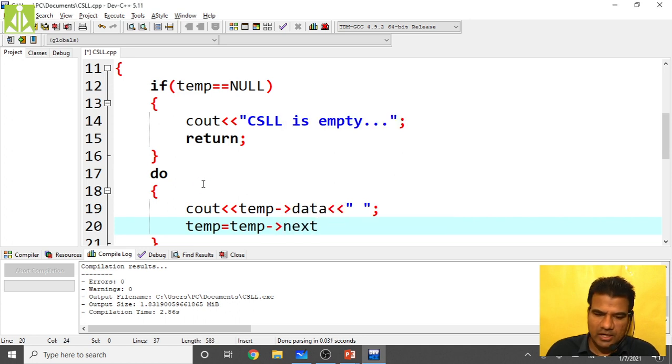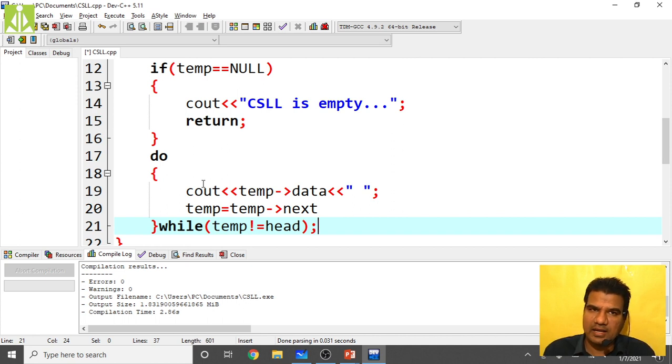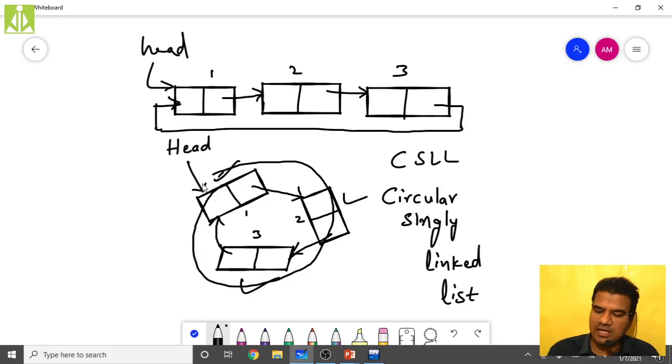Till what extent do we continue this procedure? While your temp should not be equal to head, because after visiting all the nodes, the temporary pointer will reach the head again, and at that point we have to stop the traversal.